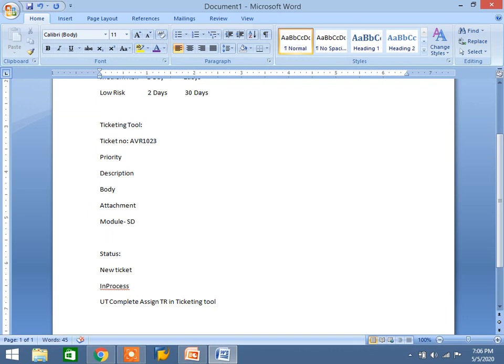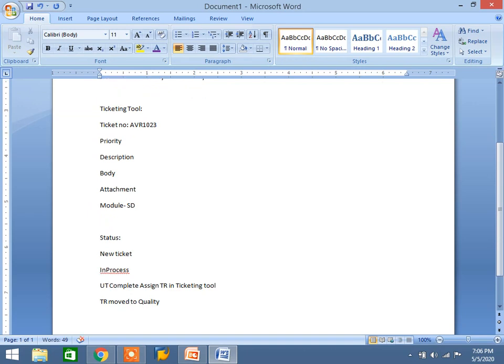Once UT is completed, it will go to basis. Basis people will change it to TR, move to quality. They can move it to quality, then they can change it as quality.